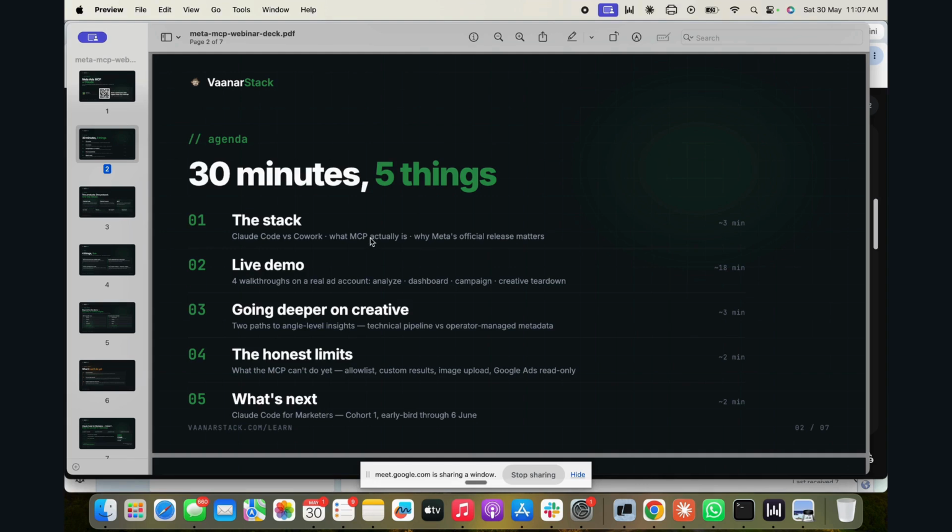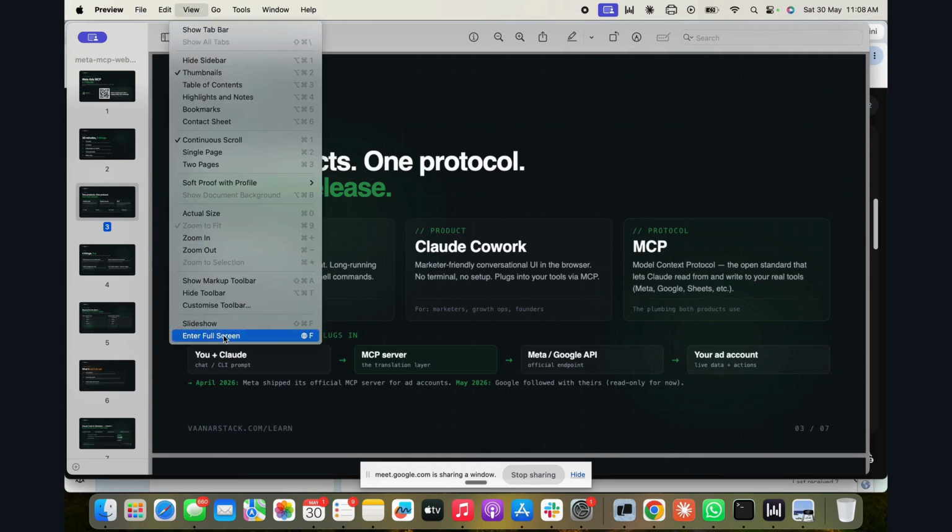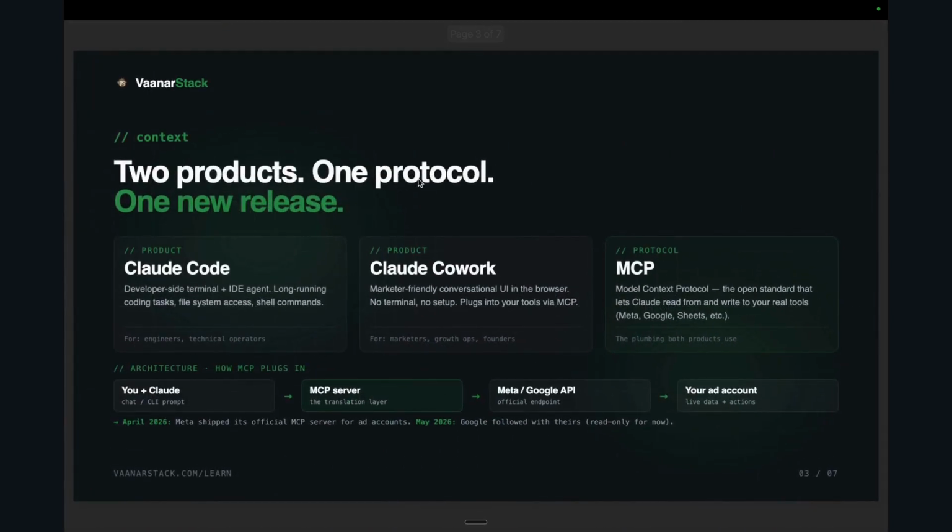I hope you can see the slide that I'm moving. I've not made it full screen because we'll move to Claude for most of the presentation. So a very basic overview. I think people already know this, but for those who have not tried out Claude Code and Claude Cowork, both can be used to run MCPs. Now, what is MCP? Technical definition: it is the Model Context Protocol, which allows your LLMs like Claude to read or interact in natural language with the tools.